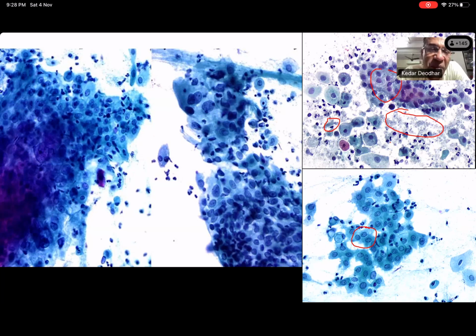In fact, on a lighter note, this is the smear which will be kept in the examination, and if you really have studied it well, then you will have the courage to call it a negative NILM smear. So this is something to know about. But I think Salim sir has explained it actually quite well. Thank you, sir.